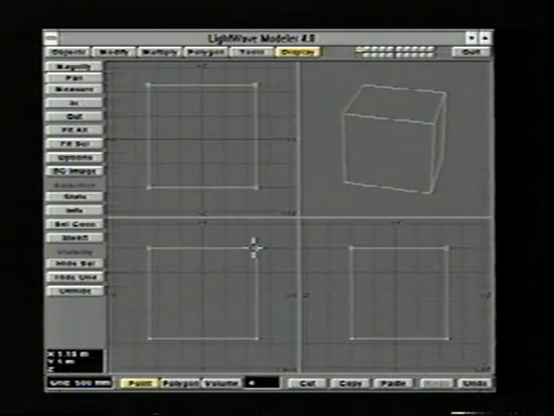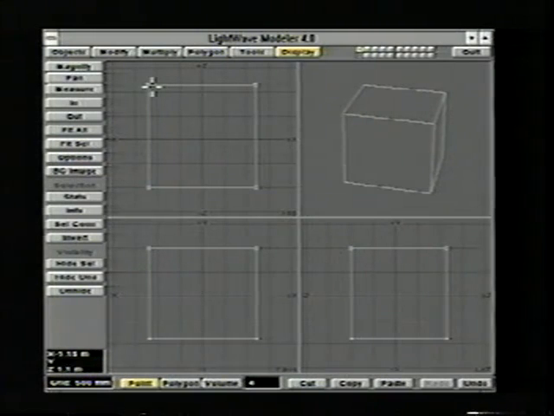Now notice when I did that they became highlighted, plus this area right here tells me how many I have selected. Currently I have 4 selected. Even though it looked as if I was just selecting 2, remember that from the top view, I'm also selecting the ones in back. Modeler doesn't know whether you mean the front or the back ones, so if you just want to work with the front ones, for instance, you may want to go up to the top view and